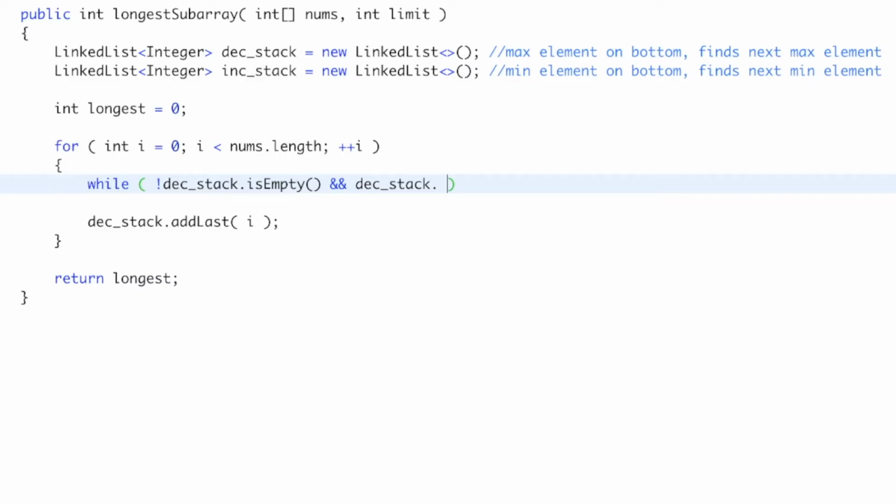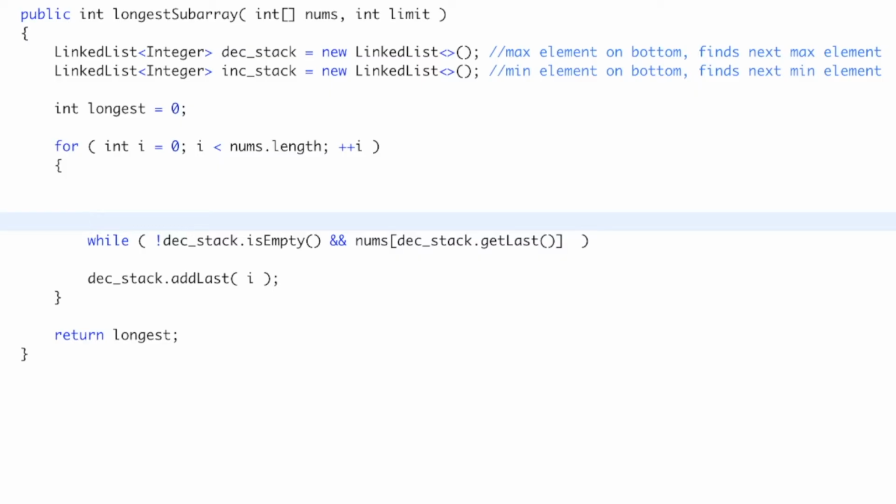But anyway, so while the decreasing stack is not empty, and decreasingStack.getLast, which is the index of the top of the stack, we're going to say nums of that. If this is decreasing, so 5, 4, 3, and let's say I want to push in, I don't know, a 7. Well, I can't push a 7 because this needs to be decreasing. So we're going to check, is nums of getLast less than or equal to this value,